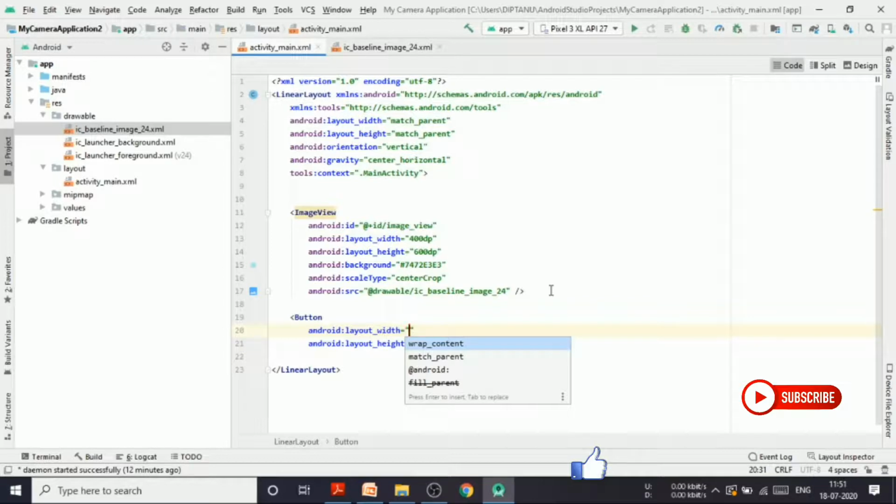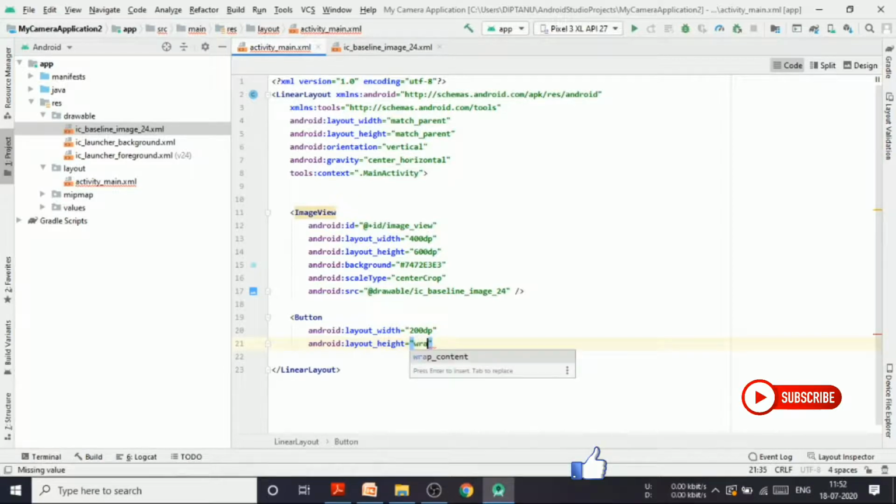So this button should be the layout width and height. So width I'm going to give 200 dp, and height I'll type wrap content. Wrap content. And then we need to give a slash so that it ends here, so there should be no